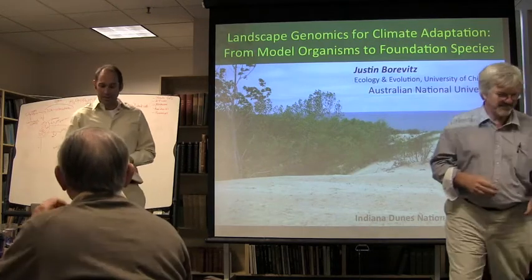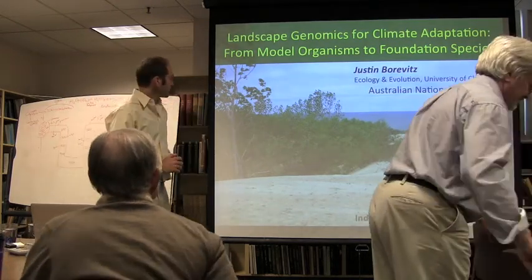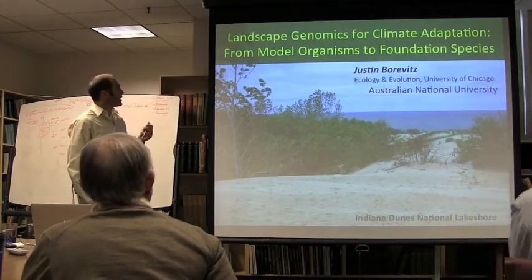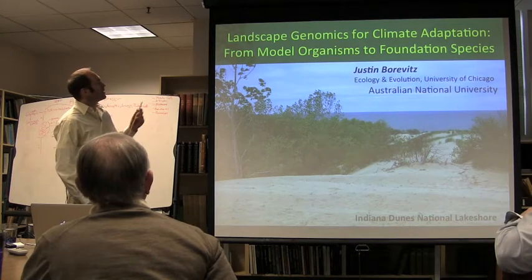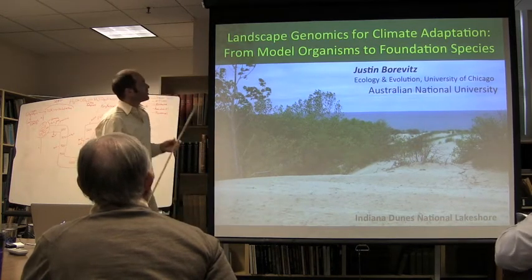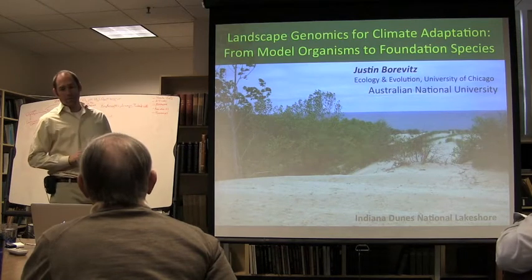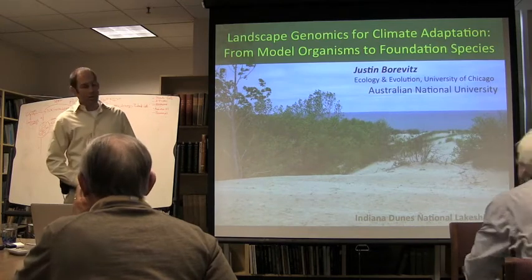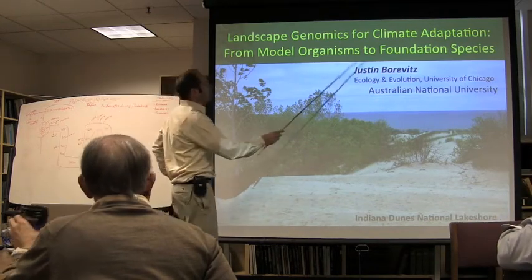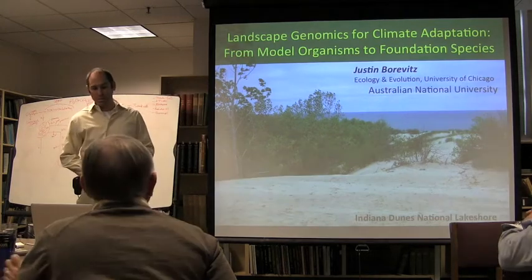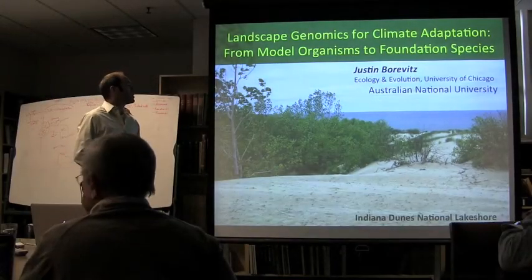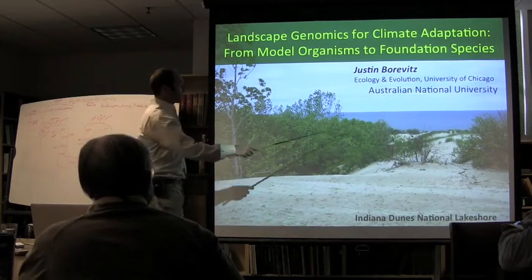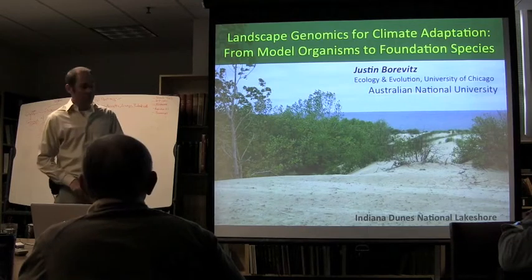Thanks, Greg. It's great to be here, and thanks for coming out to this special seminar. It's a generic title, Landscape Genomics for Climate Adaptation, so you can fill in your favorite species. I'll start with Arabidopsis, which has been my favorite species, especially out in the Midwest around the Chicago region. And then I'll finish up with some more recent work in the switchgrass, which is a tall grass perennial foundation species of the prairie ecosystems, which actually also stabilizes the sand dunes here and creates habitat for Arabidopsis.